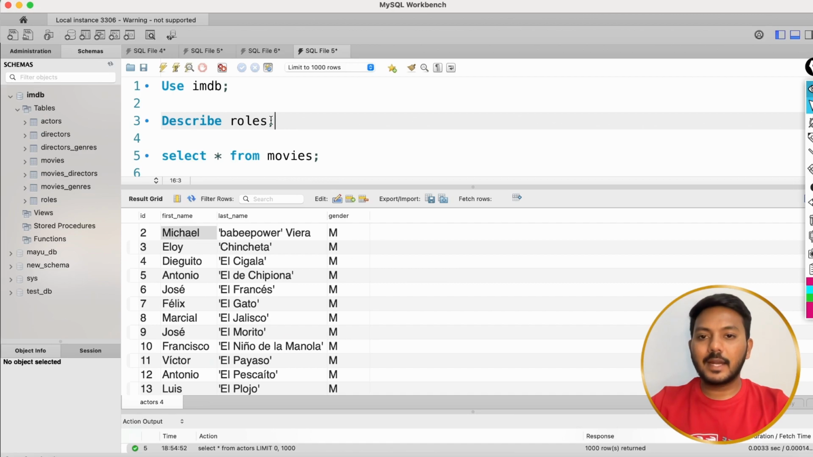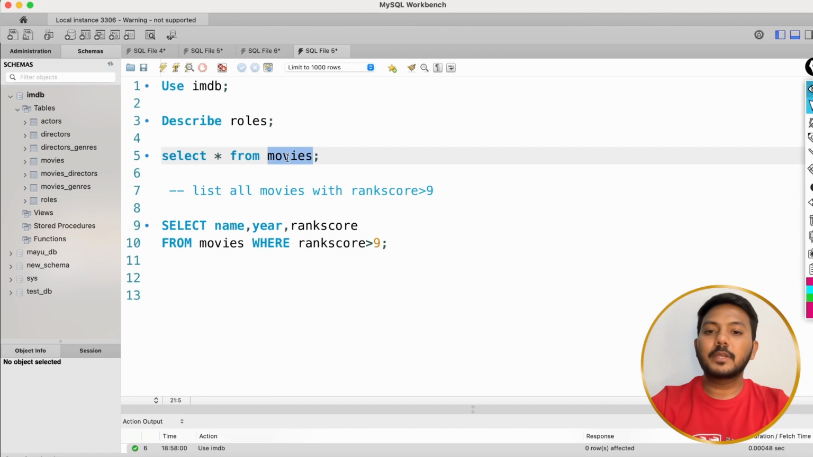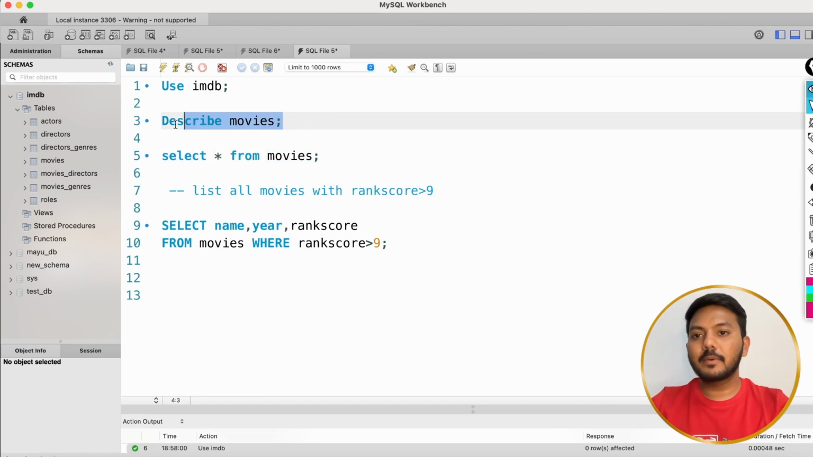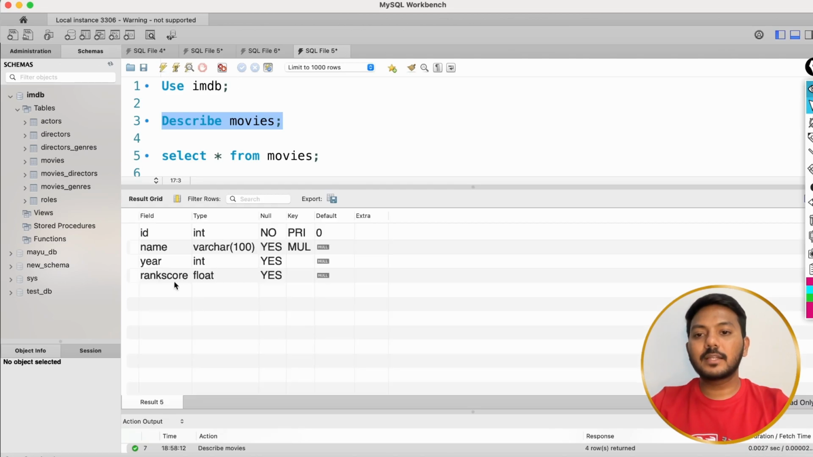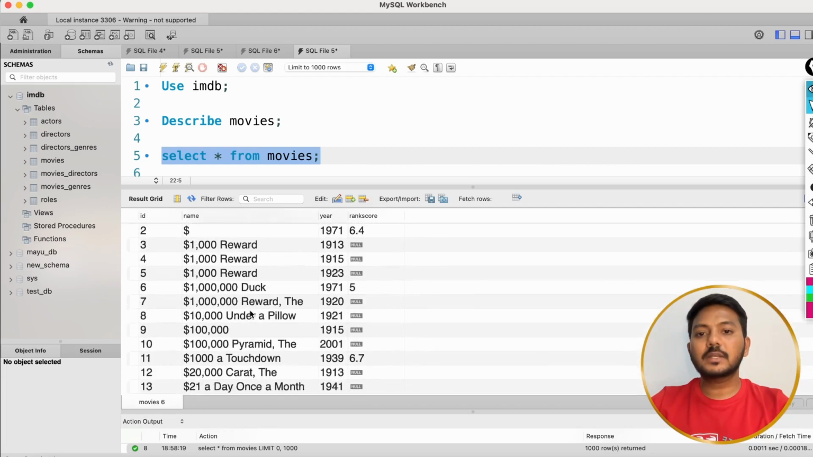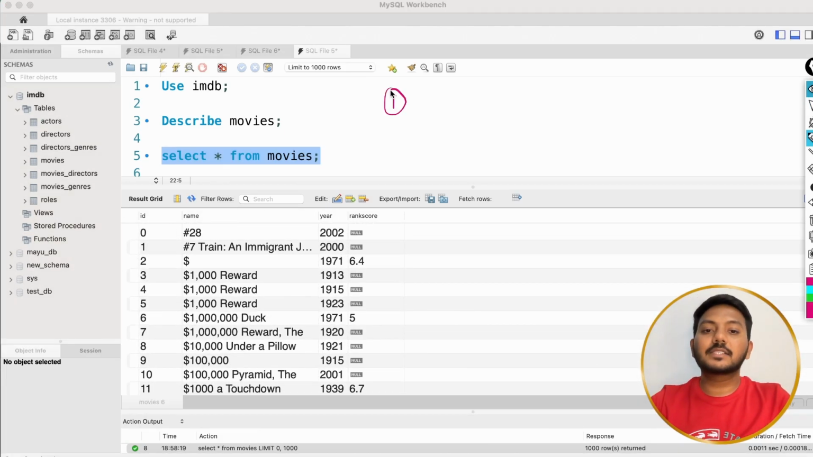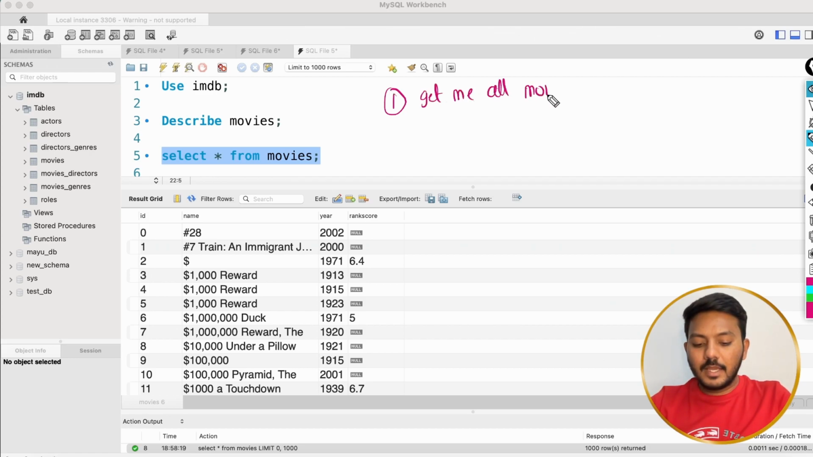Going back to our data set, we are using an IMDb data set, and here let me show you the details of the movies table. These are all the different tables that we have in the IMDb dataset. If I look at this movies table, I have ID, year, name and rank score. And if I get this one, now I get all the movies, the year they released and the rank score. If someone comes and asks you, get me all the movies in which rank score is greater than 9,